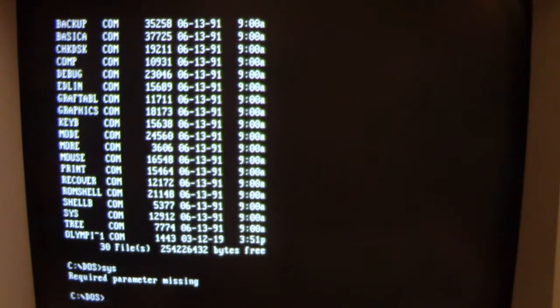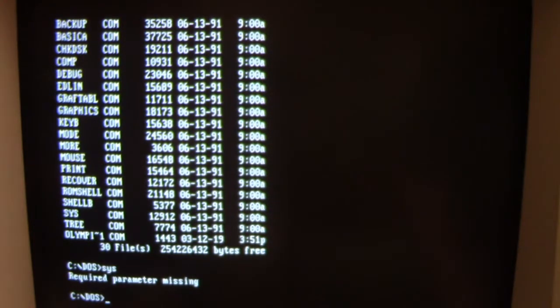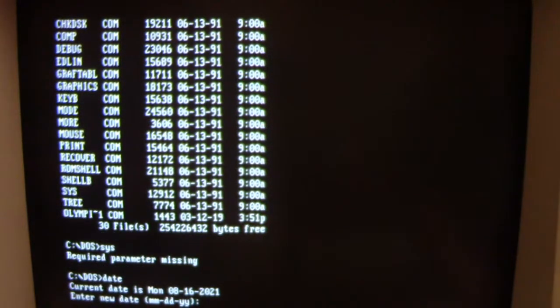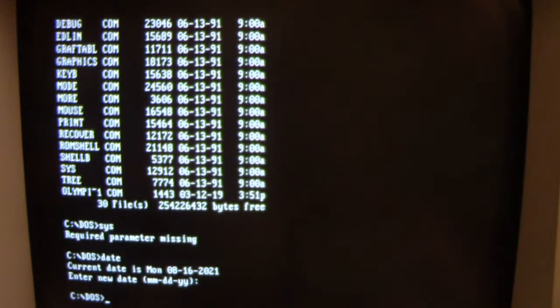Now OlympicAIDS will activate any time after, I believe, February the 12th, because this virus was developed around the 1994 Olympic Games. So its payload date is any time after February 12th. Since it is right now Monday 16th of August, I don't quite think that's right.